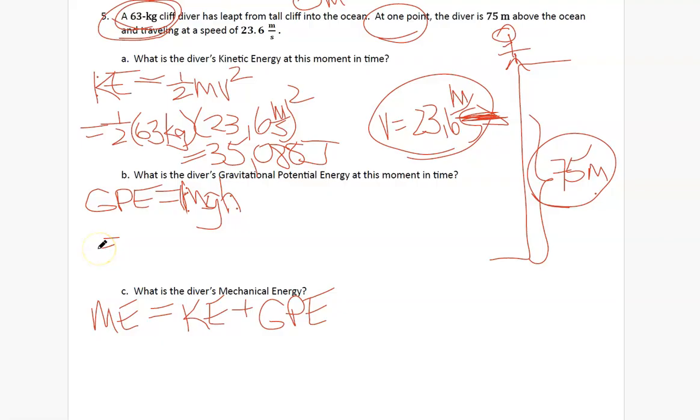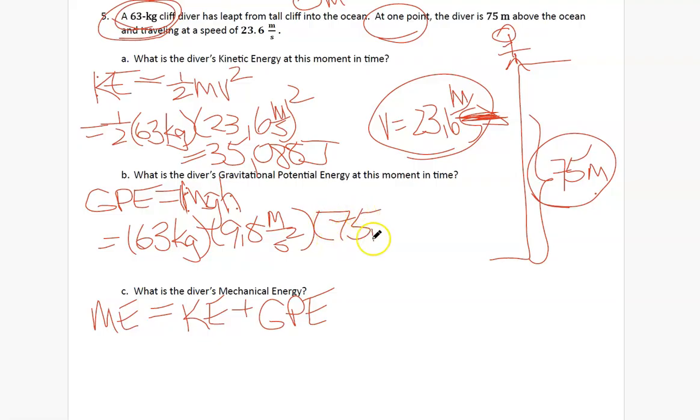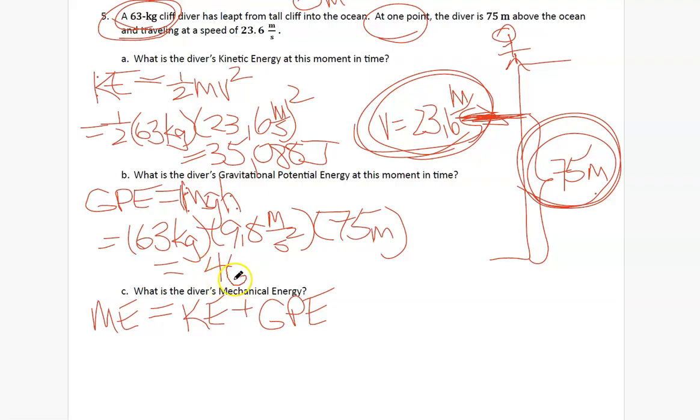We got mass times g times height. 63 kilograms times g, 9.8 meters per second squared, times a height of 75 meters. Remember, at this moment in time, the diver is moving this fast and they are this high above the ocean. We plug those three numbers into the calculator, we multiply them, and we get a gravitational potential energy of